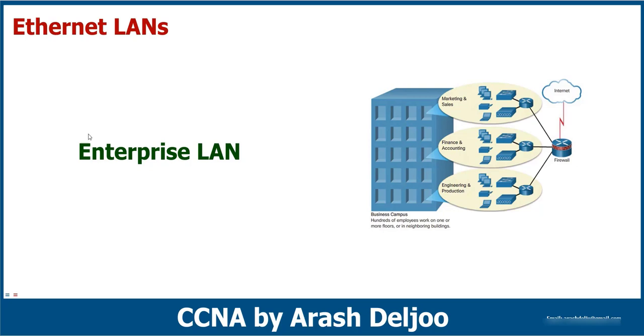Now we can talk about the Ethernet, but let me review what we have learned until now about a network. You know that we have 2 types of networks, LAN and WAN, and you know that in LAN now we are talking about the Ethernet. Okay, and also we know that today we can use the Ethernet